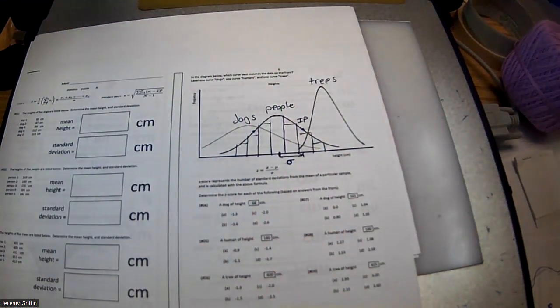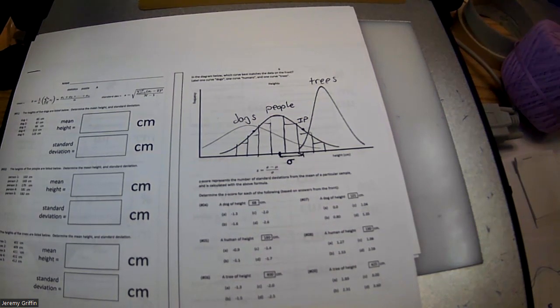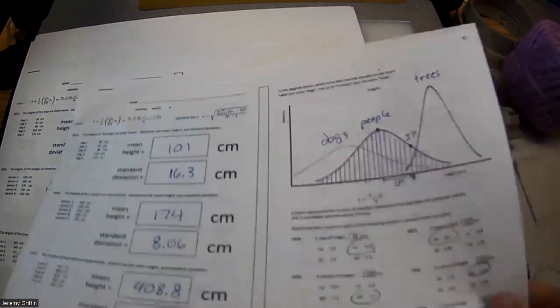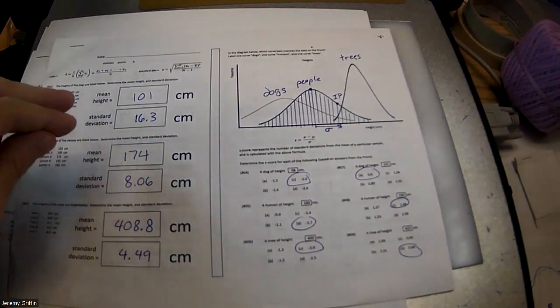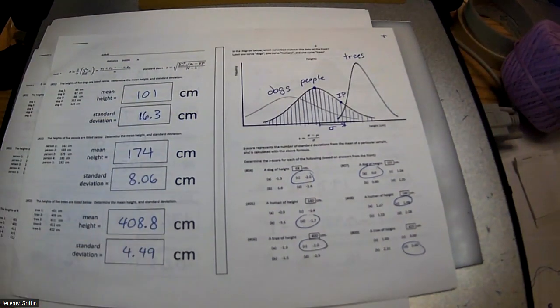Sorry. All right. Let me bring up my notes for this. They get the same paper that I have. Yeah, I do have the notes with the same paper and the same numbers. Okay, so there's the mean, there's the standard deviation, and then I could do that for people and for trees and get some numbers, right?